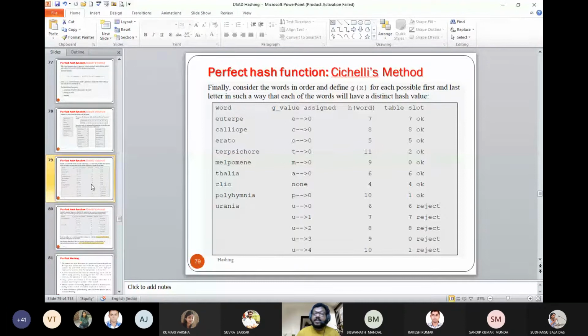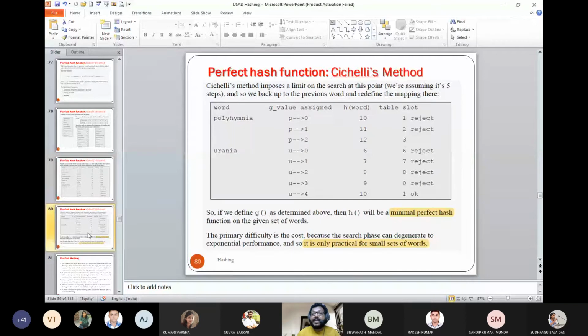So some transformation method is explained. I don't want to go through that because I have to complete the dynamic hashing. Mostly it tries to explore the number of characters it is presenting to develop a hash function. So we have some final comments.